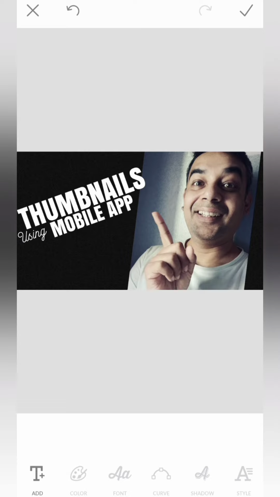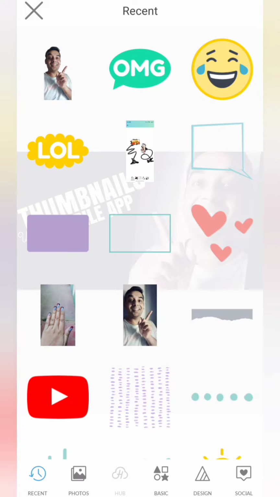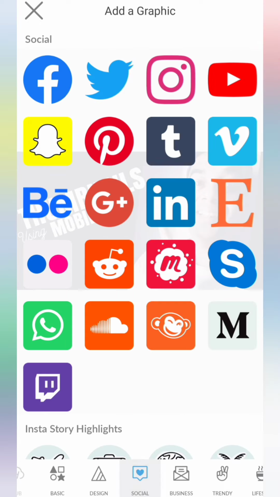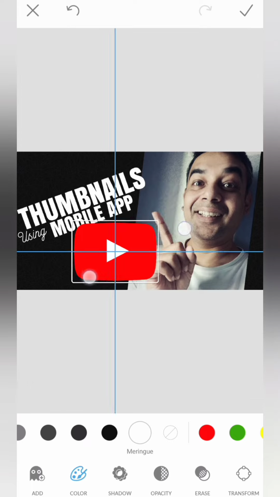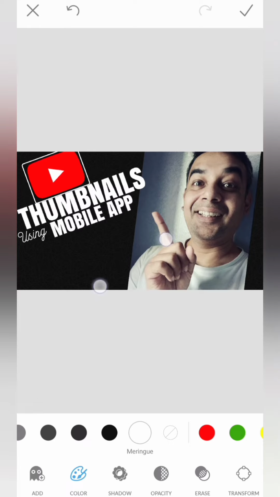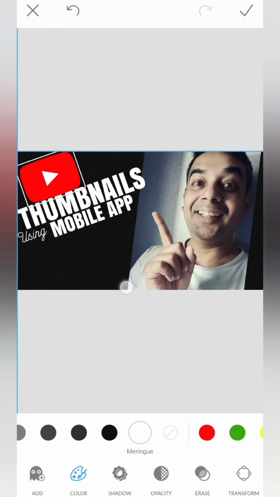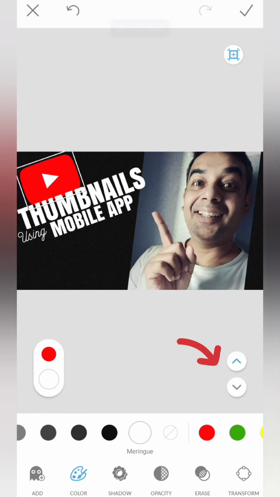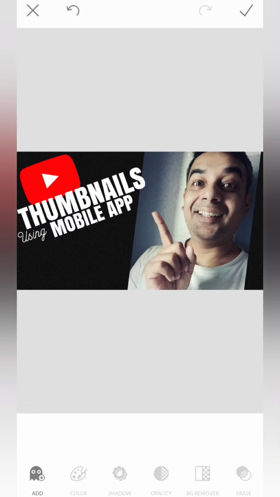the logo for YouTube, okay। So I'll click on this tick mark on the top again, I'll go to graphics again, then I'll go to add, and here say I'm going to select social. On social you can find YouTube ka logo, I'm going to put that on top so that it's visible like this much, this is fine। थोड़ा सा इसको नीचे लाएंगे ओवरलैप करने के लिए, ओके। then I'll send it back using this button here, okay। now it's visible that I'm talking about YouTube thumbnails, okay।